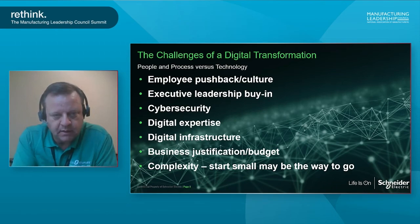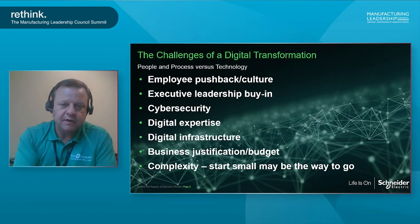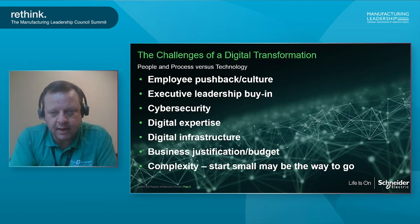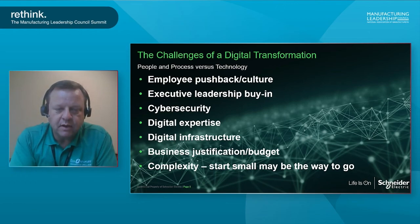Now, I'm not going to lie, I would be remiss if I didn't talk about some of the problems that we ran into, both at a global level and also a local level in terms of digital transformations. I hit some of the most important ones here. It's very difficult to give exact details on how we overcame these types of problems with the digital transformation and the adoption of that tool set here in Lexington. But I do want to hit the high points on some of these,